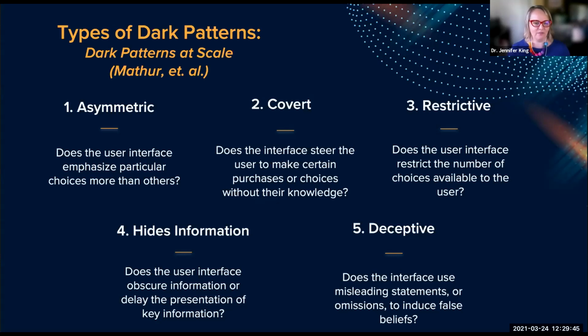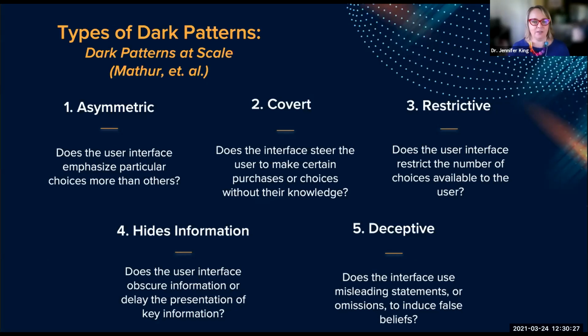The other two, information hiding and deception, manipulate the flow of information. So it's not about constraining the choices, but more about controlling what information actually reaches you online. The information-hiding dark pattern is one that tries to hide information to make things less apparent. We see this a lot with disclosures, for example, that companies may have a disclosure, but they'll hide it in plain sight, which is something I've worked on repeatedly in my work. Where do people put those links? Where are the California "Do Not Sell My Personal Information" links, for example? We never find those at the top of the page. We often find them very much at the bottom in very small print.